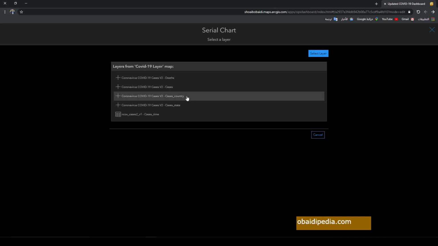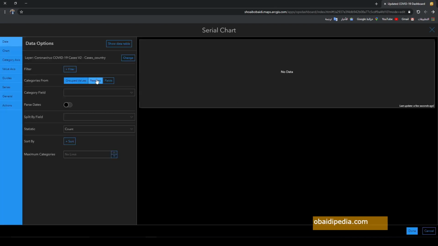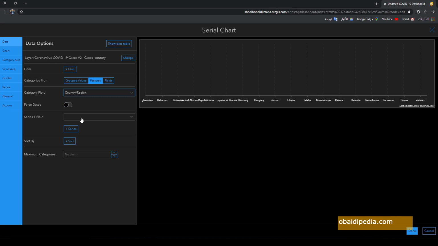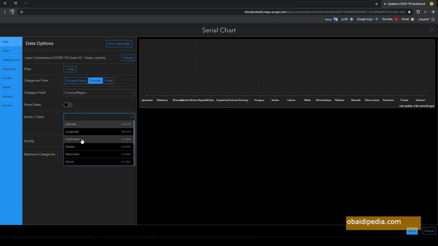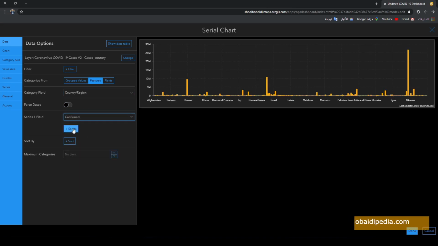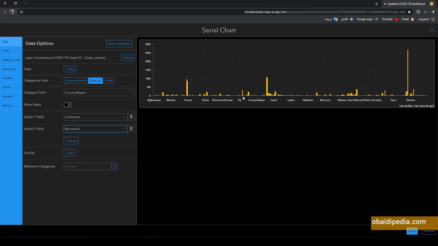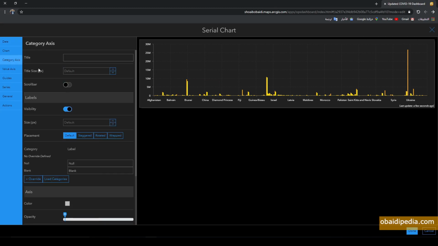So click on that one. Let's choose country based information. Show me the feature. Okay, show me the country list. I want to display the confirmed cases, and as well as I want to display the recovered cases. And choose the scroll bar